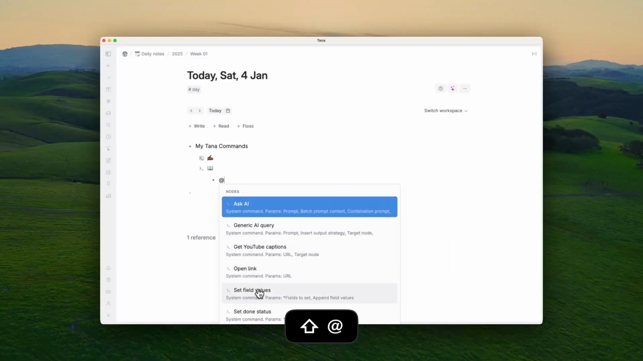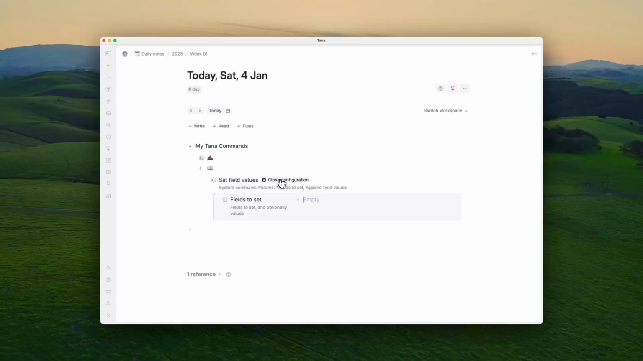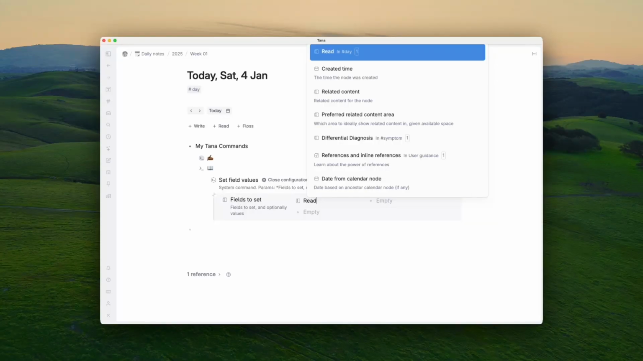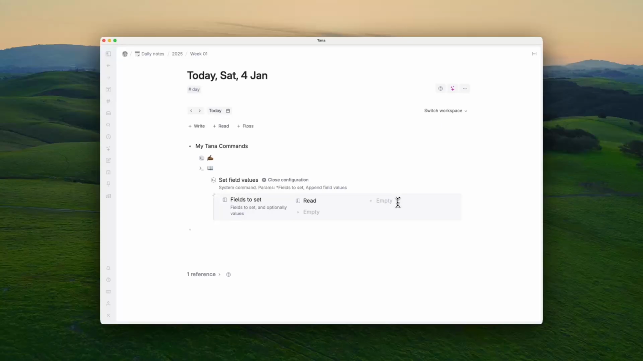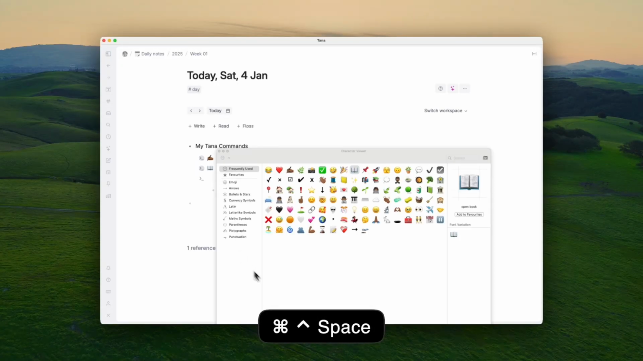At set field values, add configuration, create a field, and this is going to be read in the 1. That's how you know it's the correct one. And then I'm going to put 1, close configuration, collapse that, and then the last one, we field first, and